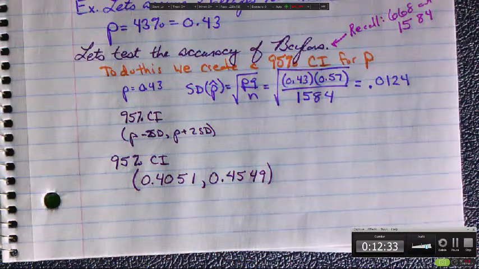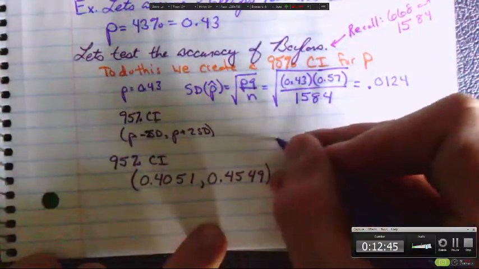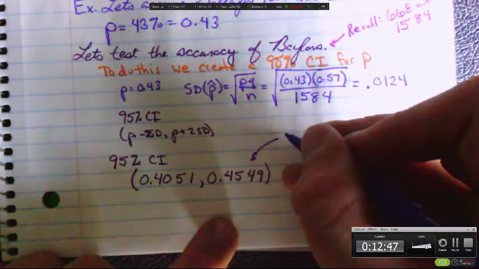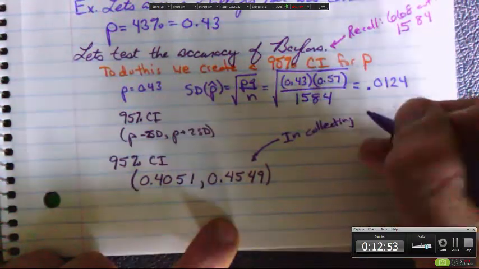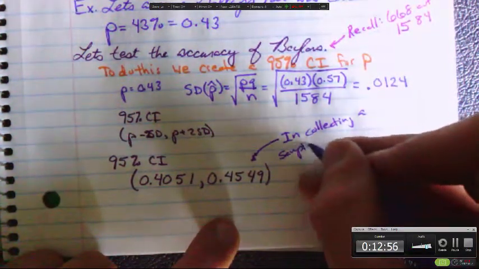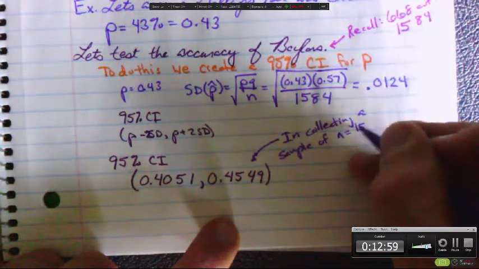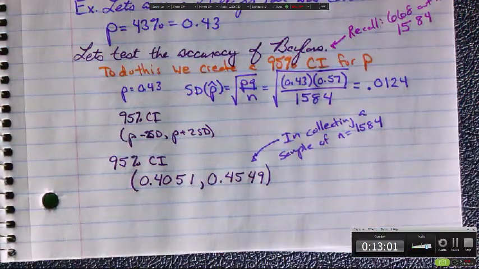Are there any questions on that? I know what that is, but what is it? Okay, so we just created a 95% confidence interval. So that means in collecting a sample of n equaling 1584, because remember, your confidence interval is dependent upon how many people you ask. The more people you ask, the tighter it's going to get because you're including more of the population in your sample. In collecting a sample of n equals 1584,